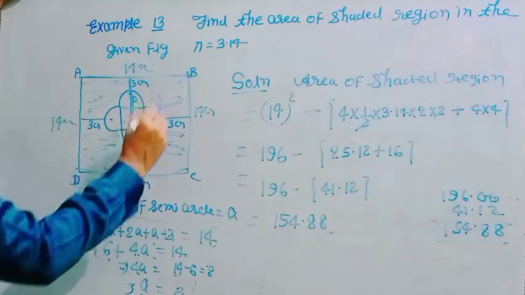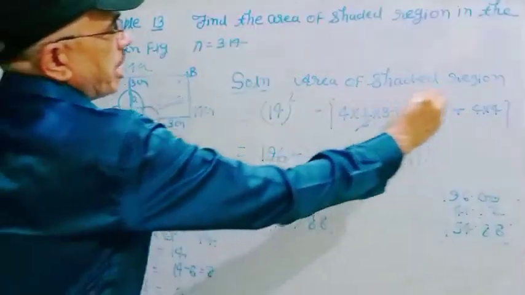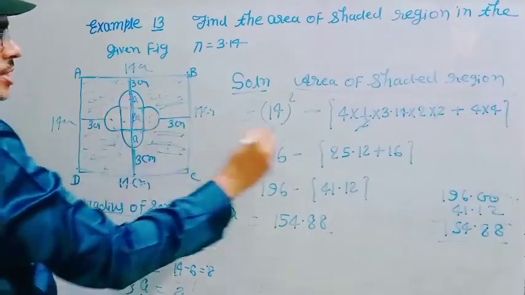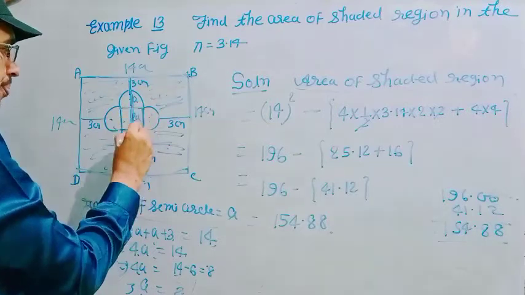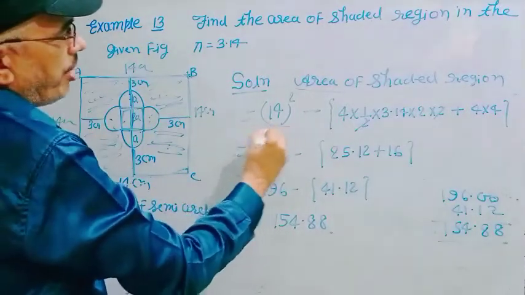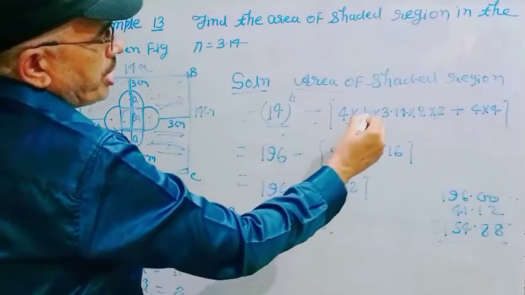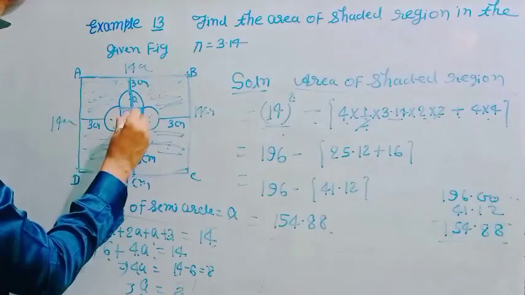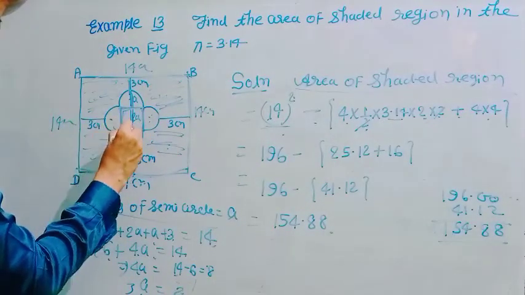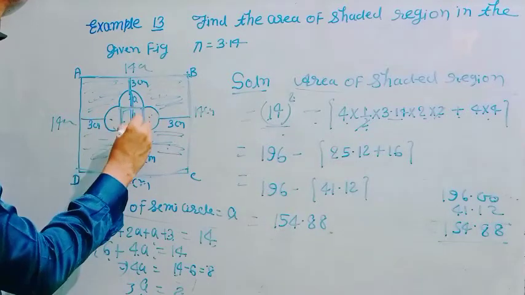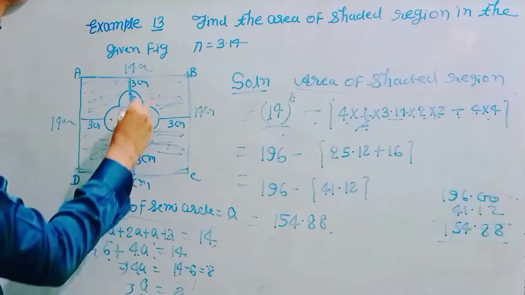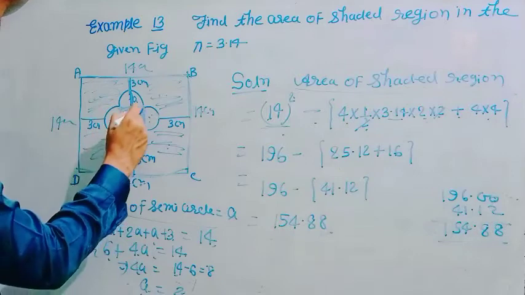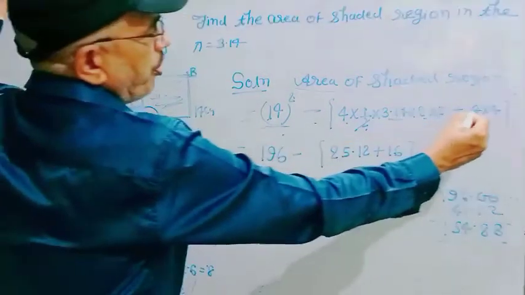Now your question: what is the area of the shaded region? That means the area of the shaded region is equal to the area of a square minus the area of 4 semicircles plus the area of a square. So I write here the area of a square is 14 squared minus 4 into half into pi r squared, plus the side of this square is 2a because it is formed on the diameter of the semicircle. This square is formed on the diameter of the semicircle and the diameter is 2a, and a is 2, so the diameter is equal to 4. That means the side of the square is 4, so it is 4 into 4.